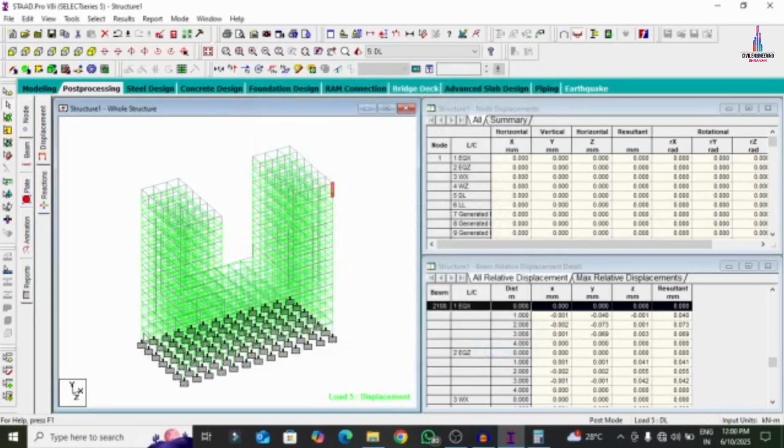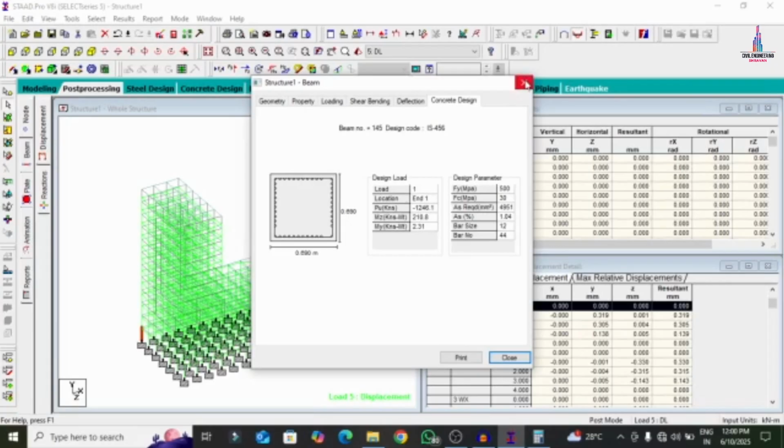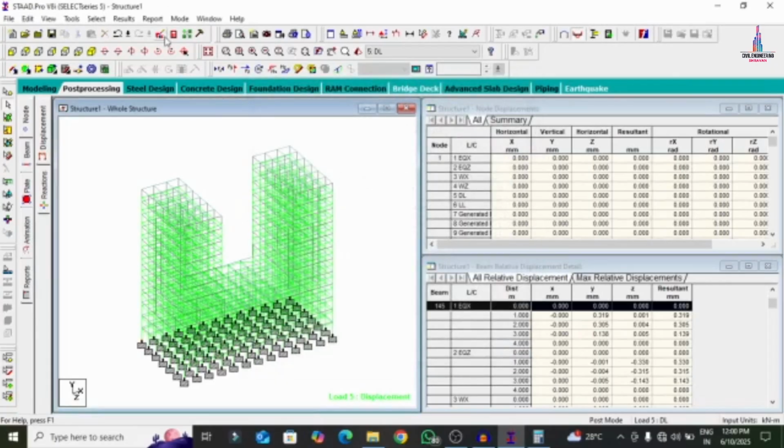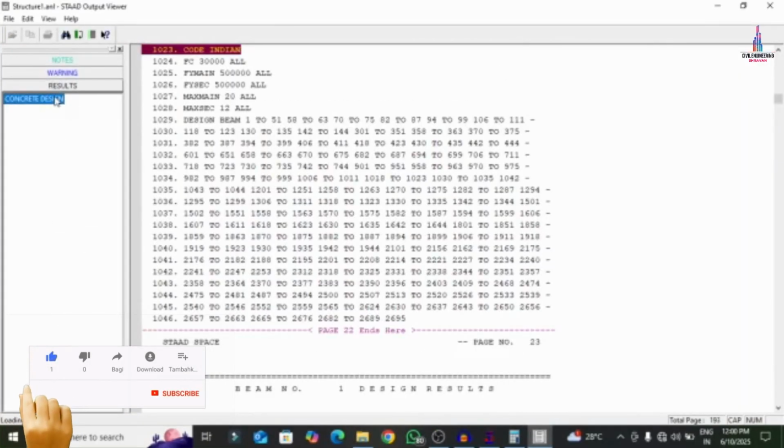In the same process, you can see the column. So it will show you the complete column reinforcement design results for this particular column. So if you want to see the report, you can click on the STAAD output file so that it will show you the complete report, which consists of the results of the beams, columns and each and every calculation which is presented as per the analysis and as per the design of the U-shaped building by using STAAD Pro